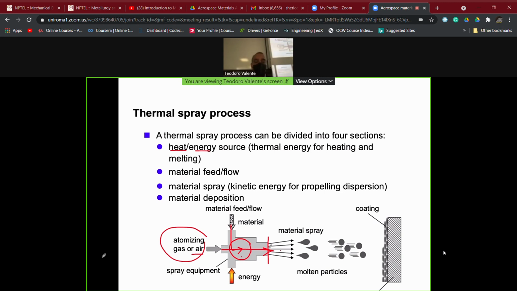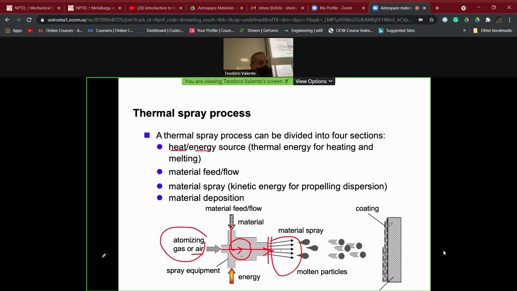So they come out from the gun having a temperature profile and a velocity profile, and they give rise to a spray pattern. This spray pattern of molten particles is addressed towards the surface that we want to coat, on which we want to